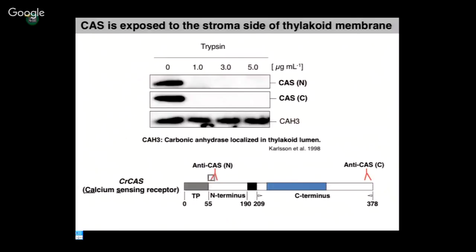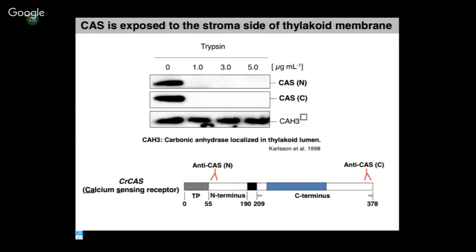By using different antibodies, specific to the N-terminal or C-terminal, we isolate the thylakoid membrane from the cell and treat it with protease to find out how the protein is located on the thylakoid membrane. This CAS protein contains one single membrane-associated region, but looks like a soluble protein. So we used a control enzyme, CH3, which is a